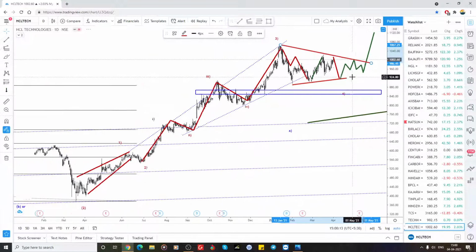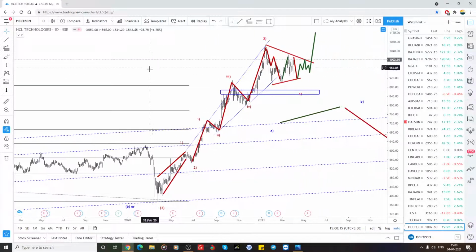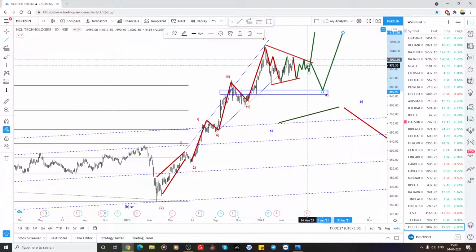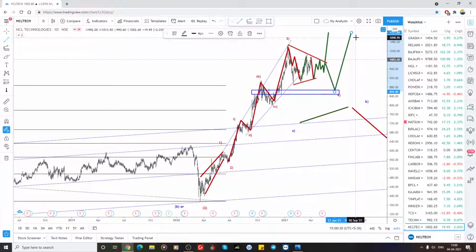The reason I'm saying this is that sometimes B can be a triangle, and then again it could be a deeper correction for the fourth, and once more it can be like this also. But anyway, I'm looking for the fifth wave to the upper side. The fourth wave may be a triangle, or inside that fourth wave the B wave can be a triangle also. So wait for that break and look for a valid trade setup as a triangle in the